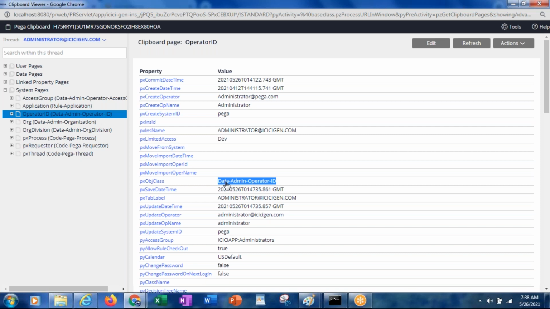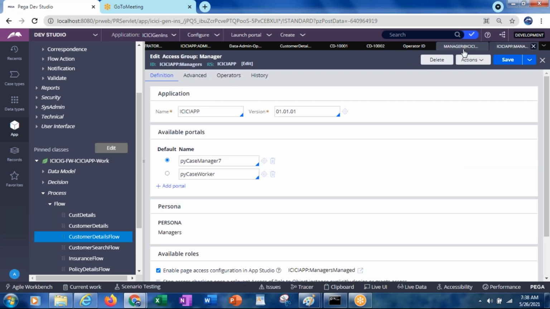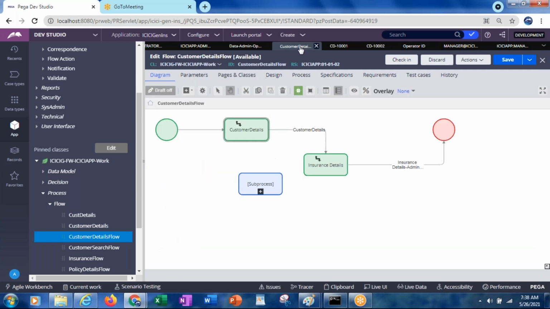And all the rule instances, like this flow. So the flow is an instance of what?